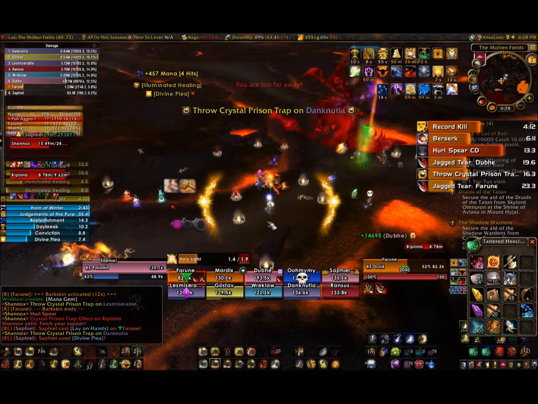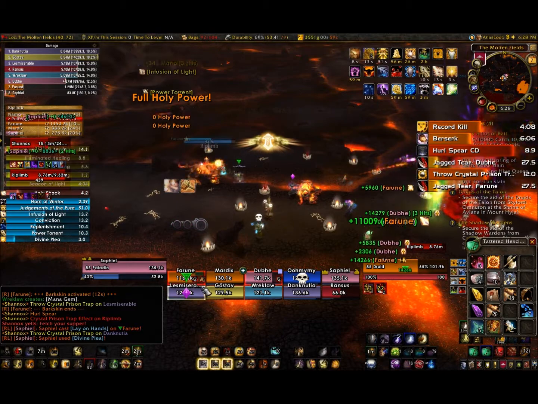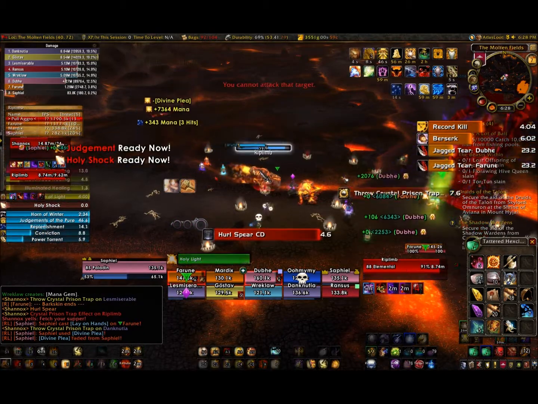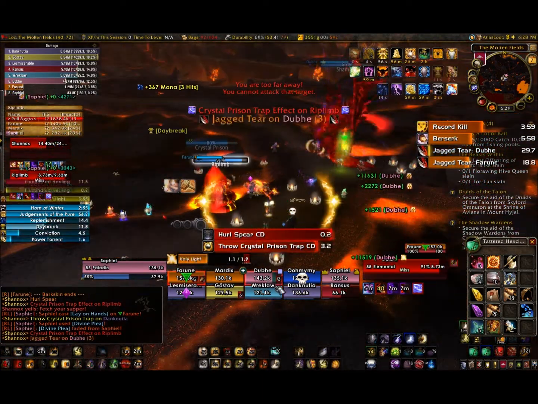Now, we outlined in the strategy guide how to deal with Jagged Tear stacks and how to get them to drop off your tanks, but if you can't get them to drop off and they build up upwards of 9 or 10, you're going to start having some trouble keeping your tanks up, or at least you're going to have to be dropping a lot of mana into them to keep them alive, which may impact your chances to get